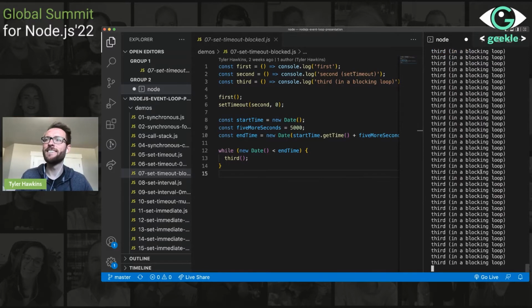Okay, you can see it's running third. It's going to keep on running that for 5 whole seconds. And then we finally get to second. And if we scrolled all the way up to the top, you'd see that first was the first thing to console log. So this demonstrates another interesting principle and a good point is that when you schedule something with a